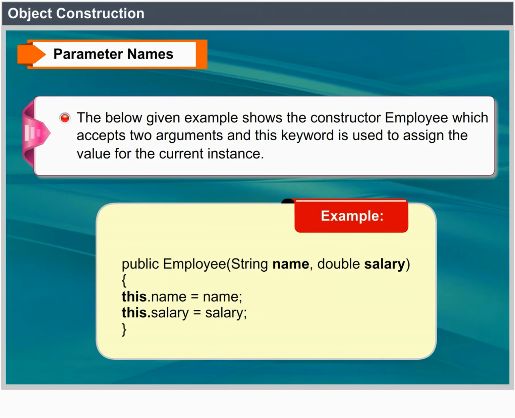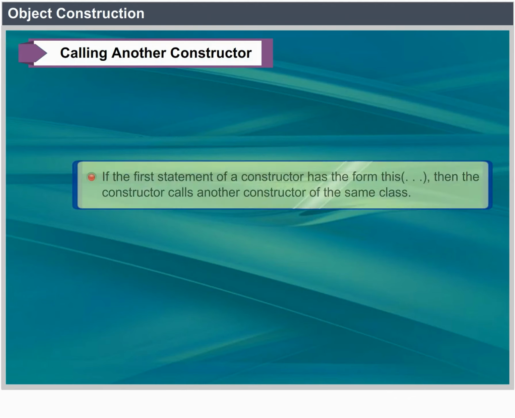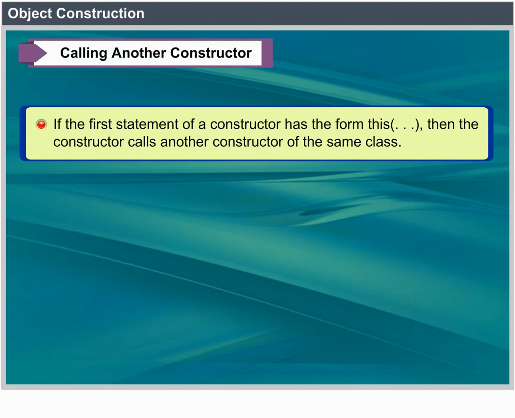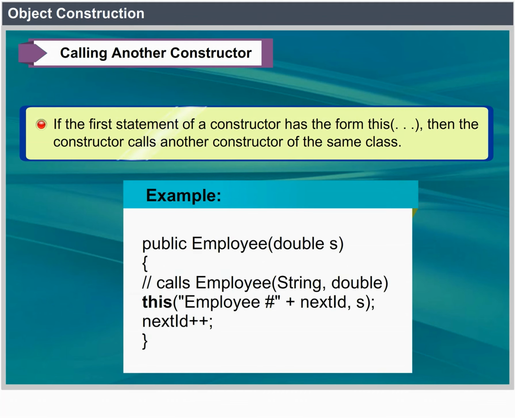For example, public Employee(String name, double salary) { this.name = name; this.salary = salary; }. Calling another constructor. If the first statement of a constructor has the form this(...), then the constructor calls another constructor of the same class. Example: public Employee(double s) { // calls Employee(String, double) this("Employee #" + nextId, s); nextId++; }